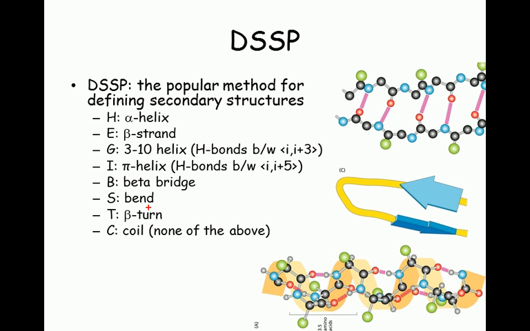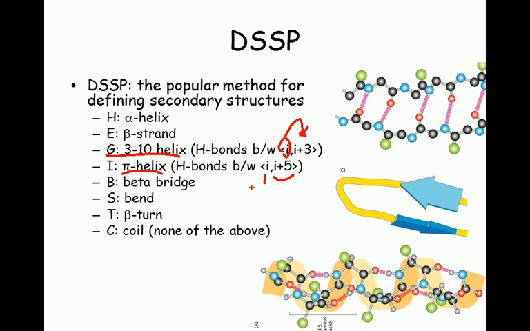So I only mentioned three secondary structures, alpha helix, beta sheet, and turns, but there are different ways of defining other secondary structures. Some of them are included in alpha helices and others, but some are not. So there's a special 3-10 helix where there's a hydrogen bond between a residue i and the one three after that, so i plus three. There's a pi helix, which I believe is the more common one, where there's a hydrogen bond between i and